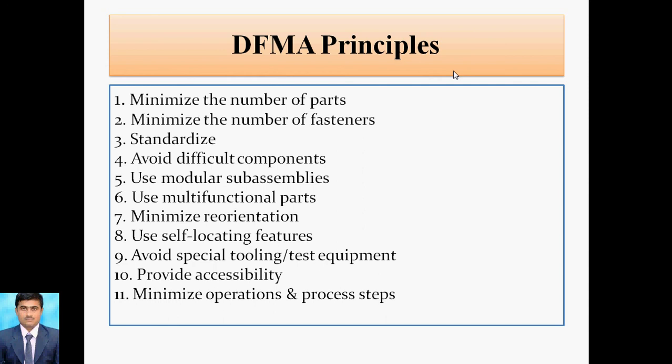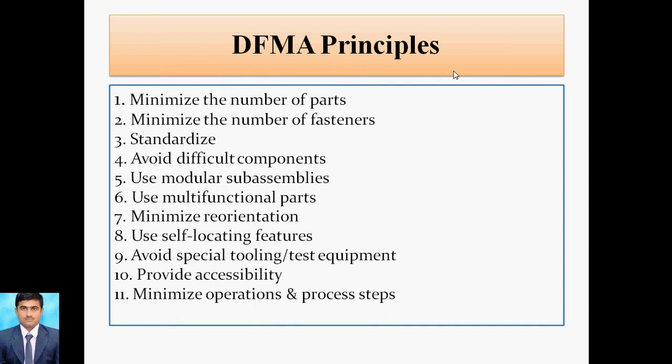Whenever the sections are divided, we can easily inspect as well as easily assemble. The next part is the use of multi-functional parts. Sometimes we can use the same part for two or three usages, and likewise you can implement it in that case. The next is minimizing reorientation. Whenever the number of orientations for assembly is high, it requires more time. If you minimize it to one or two axes for assembly, that will help improve the